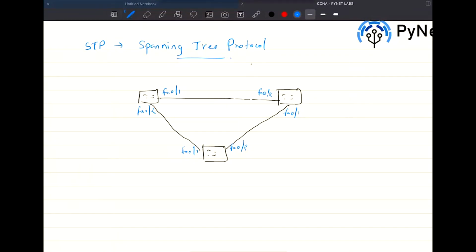Good. And you are also having some MAC address for these switches. So you have switch 1, switch 2, and switch 3. Switch 1 has a MAC address of 1111. Switch 2 has a MAC address of 2222, and switch 3 has a MAC address of 3333. Now,